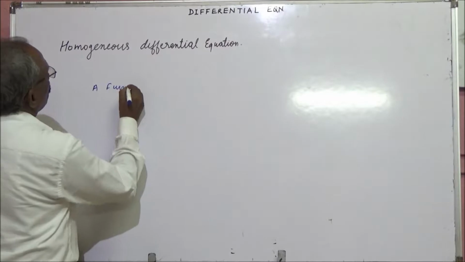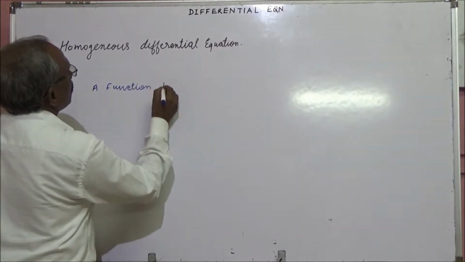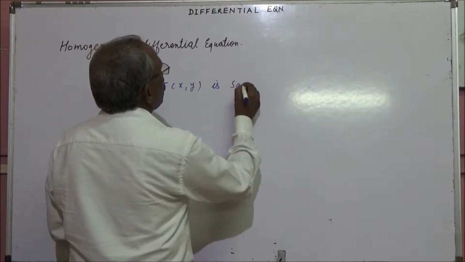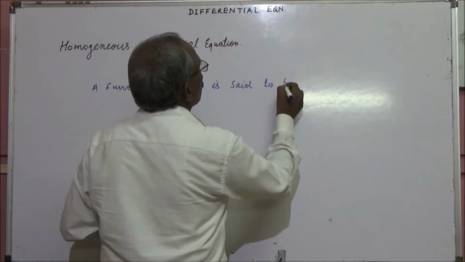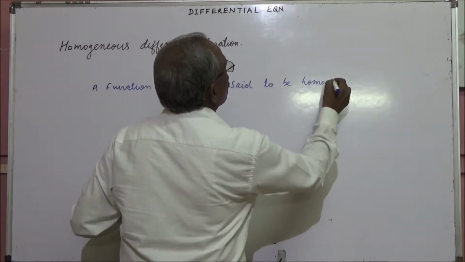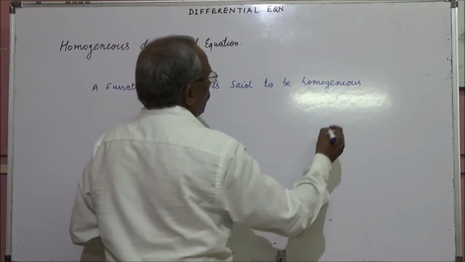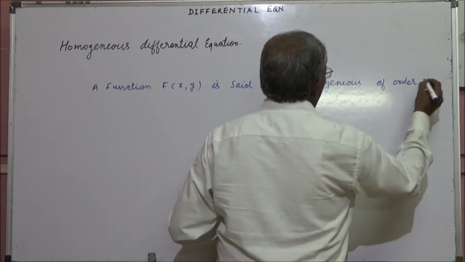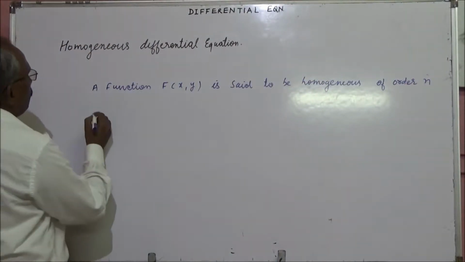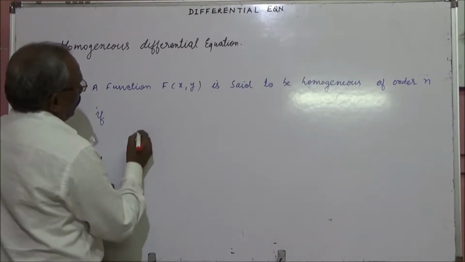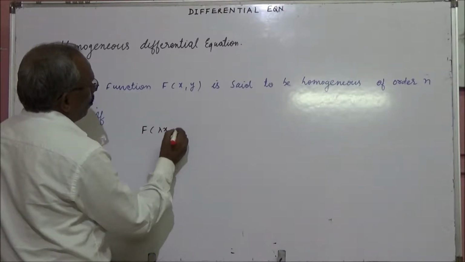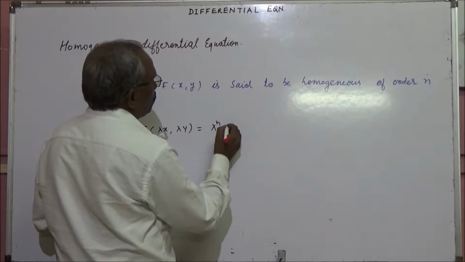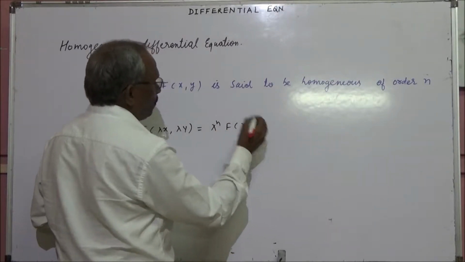A function f(x, y) is said to be homogeneous of order n if f(λx, λy) can be written as λ raised to n times f(x, y),